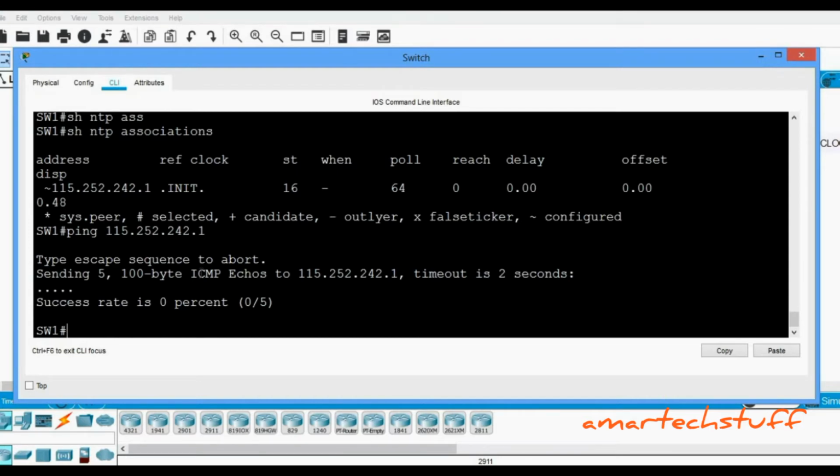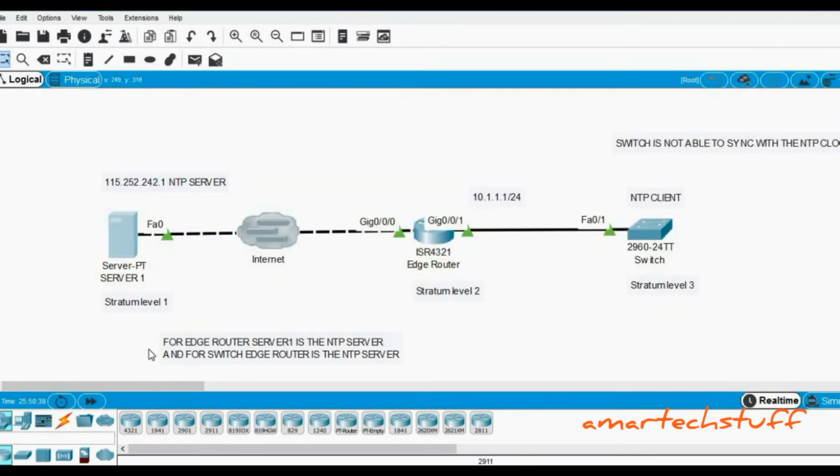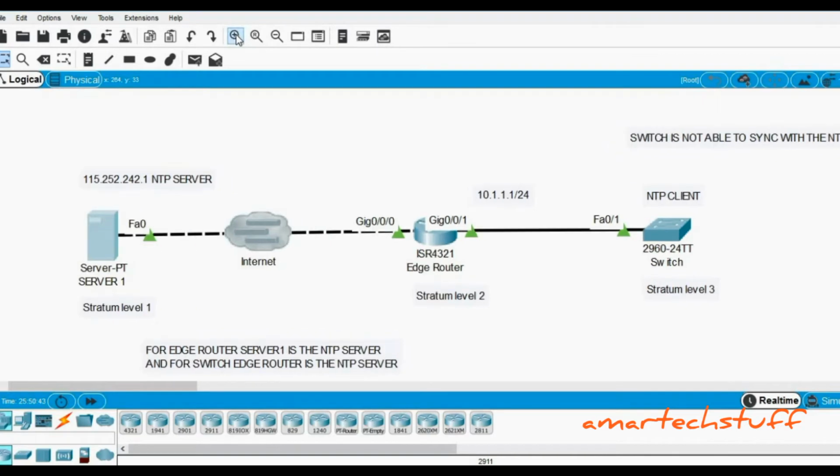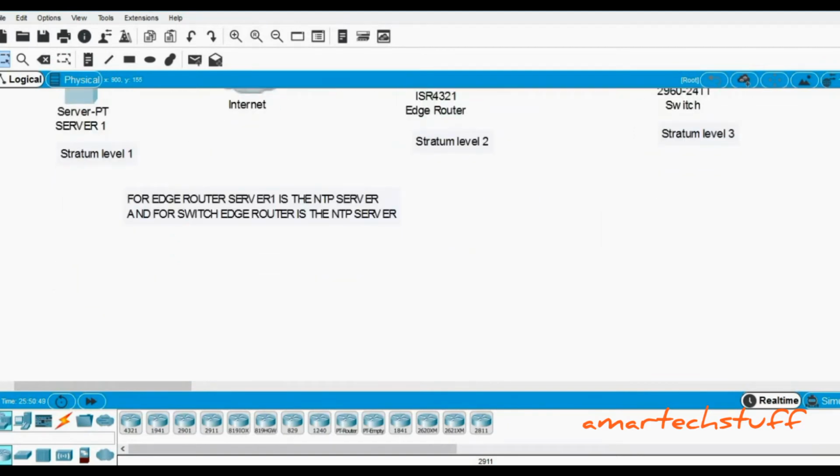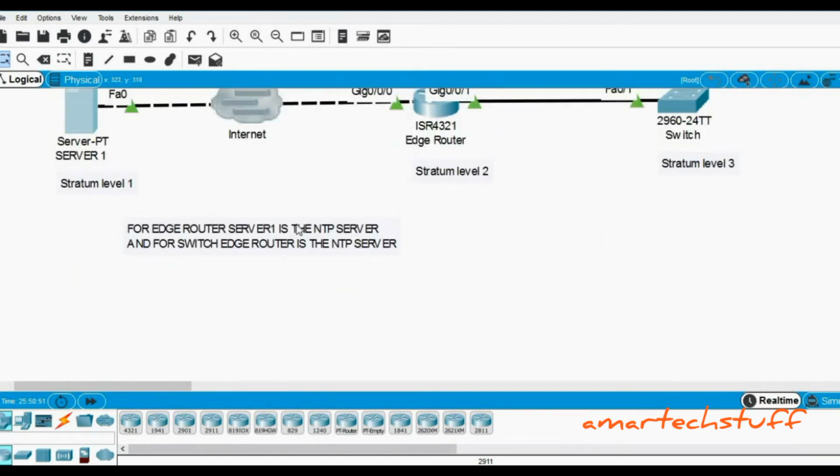So what is exactly done in this scenario? I've written a note over here, let me zoom in. For the edge router, for this router, server 1, that is this server, is the NTP server, because this is an edge router.